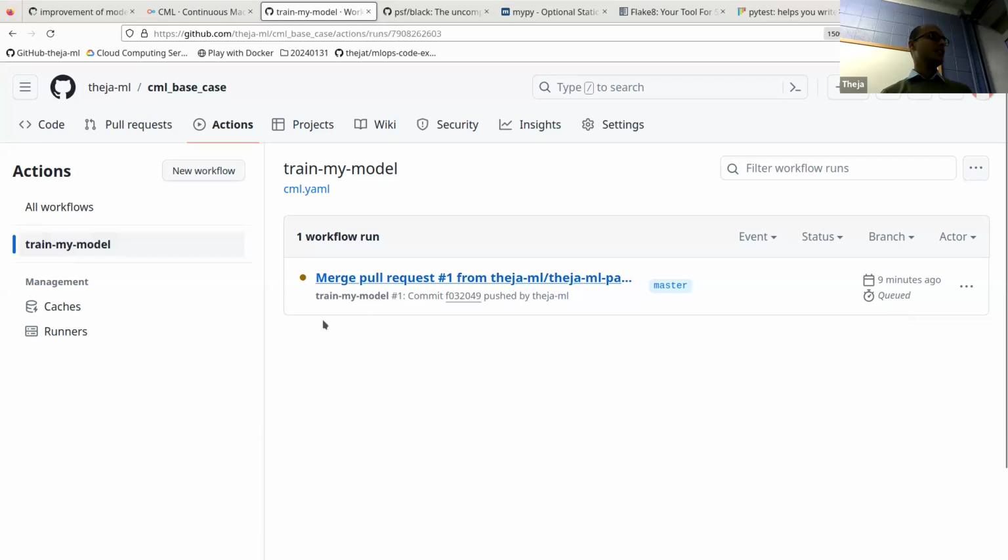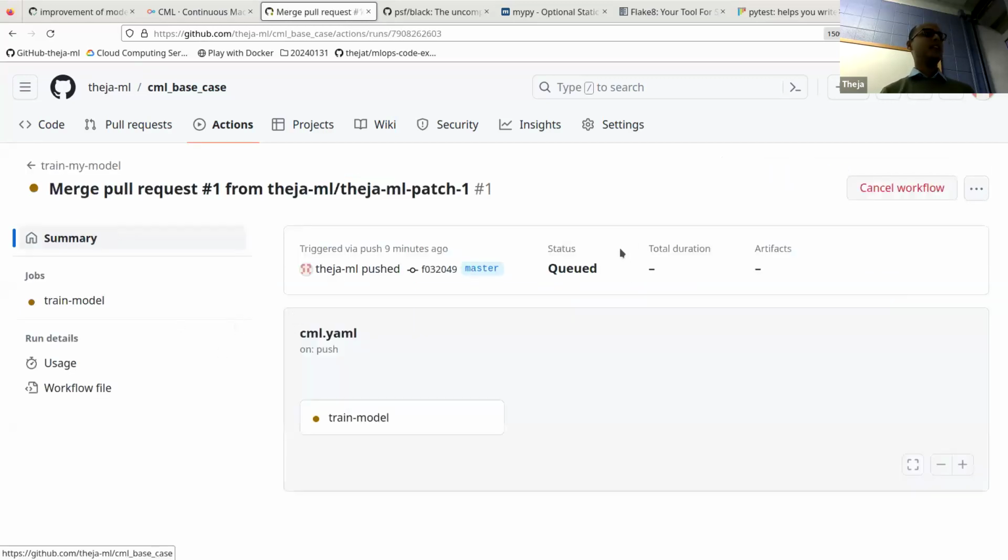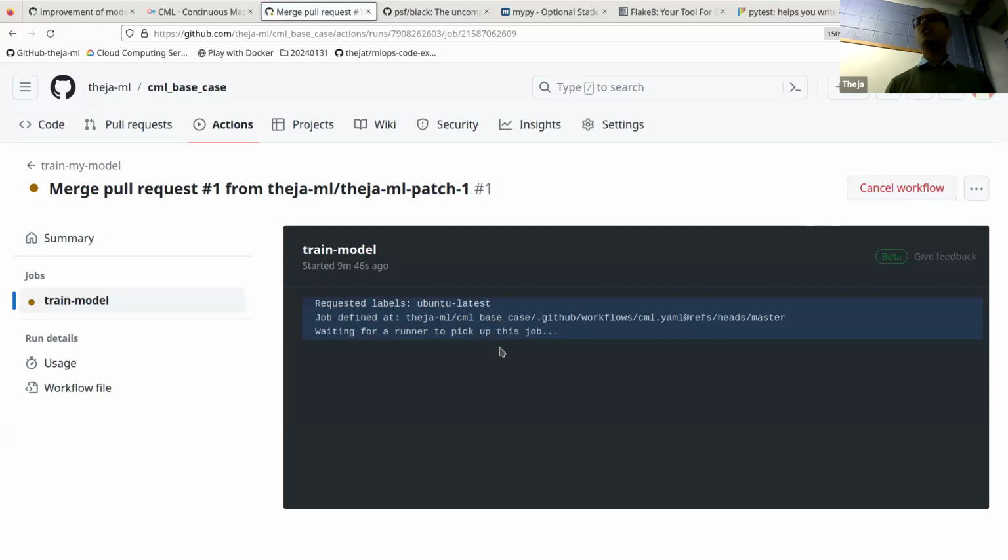Obviously, you can click on the job. It's still probably queued. It hasn't executed. But if you come back to this after a few minutes, because we are using free resources, it's probably not yet triggered. But if you are in an organization, if you have an enterprise account, these things get triggered immediately, not just for validation data, but it could be any source of tests. So in general software engineering, there's a lot of tests that you need to run every time you have a feature, new development, new code. Those tests can, for example, be triggered through this. So it's just saying it's still requesting for a container to be spun up.